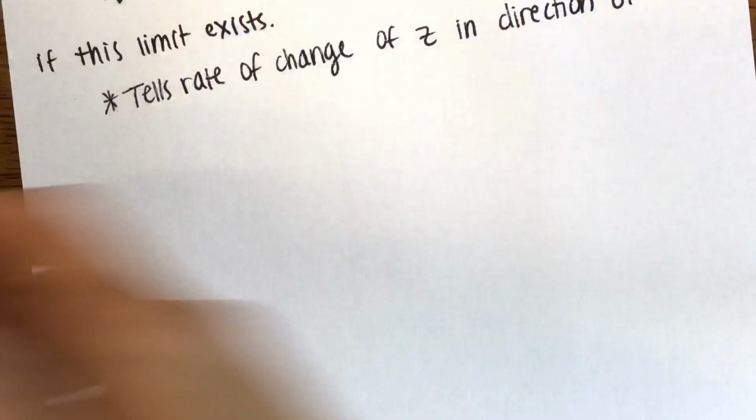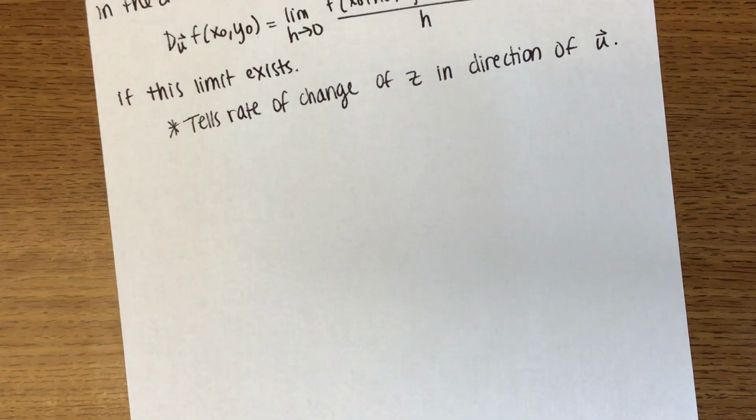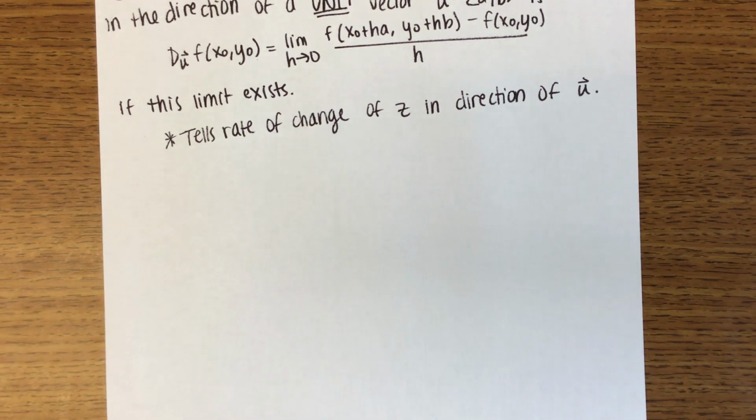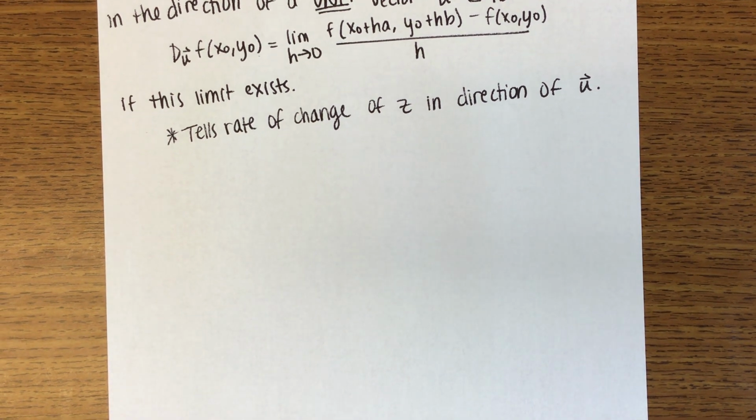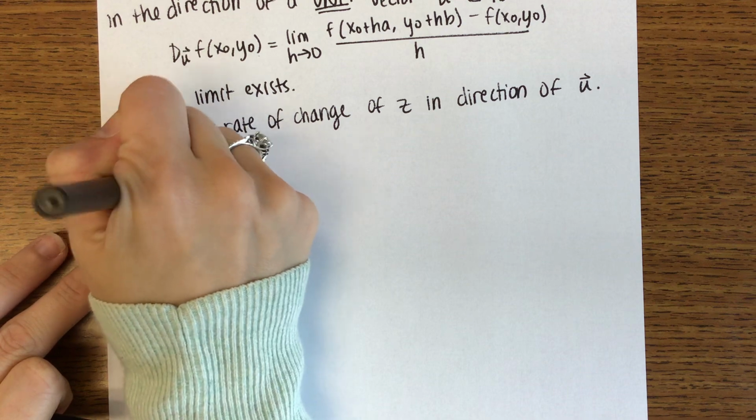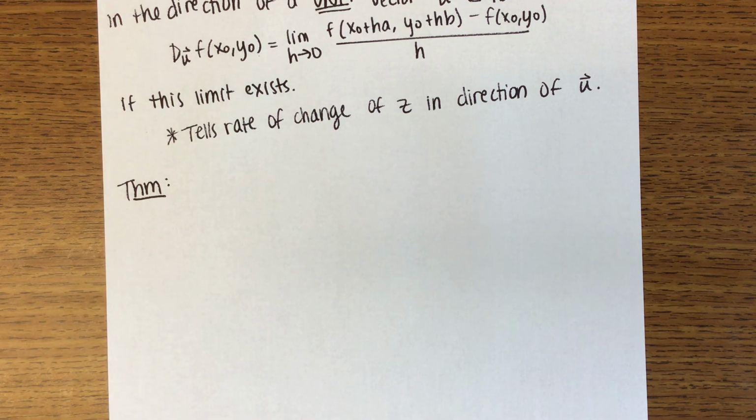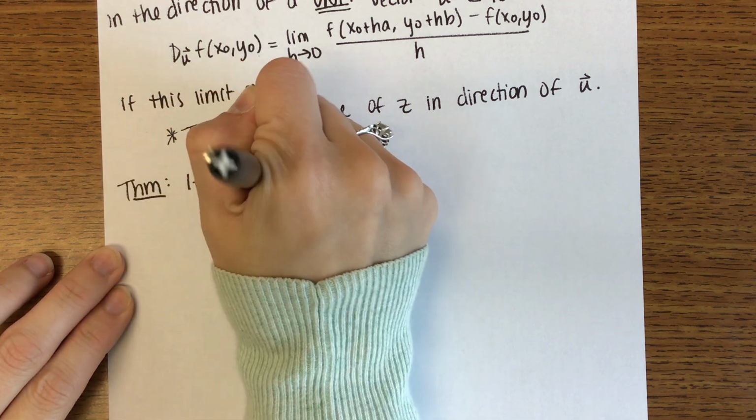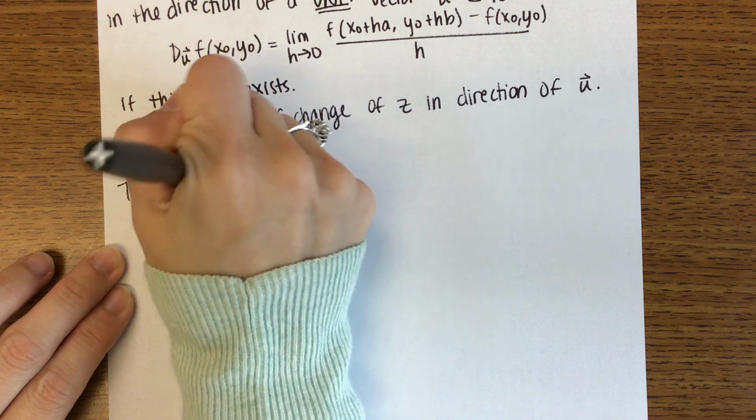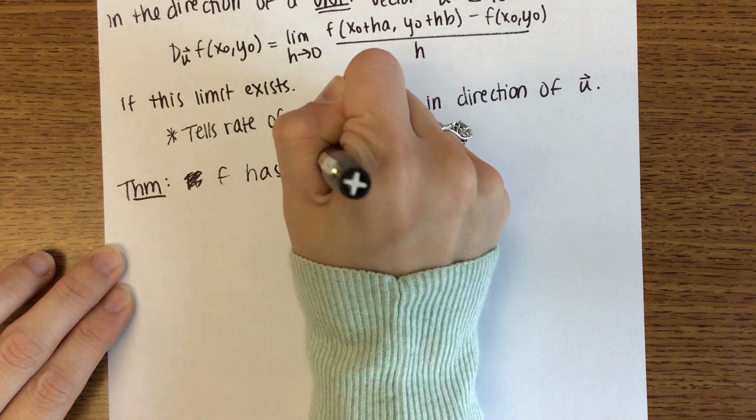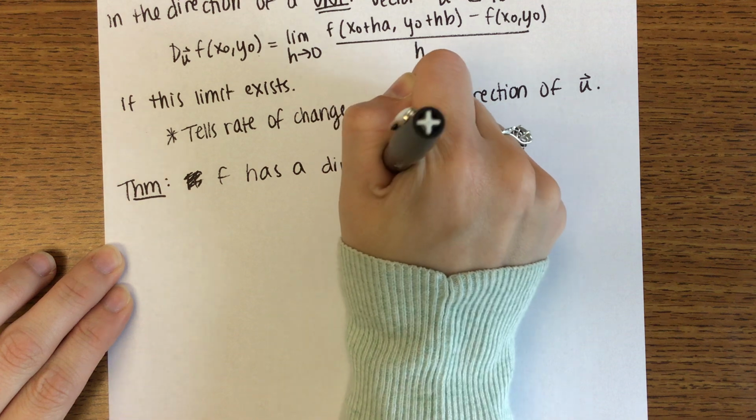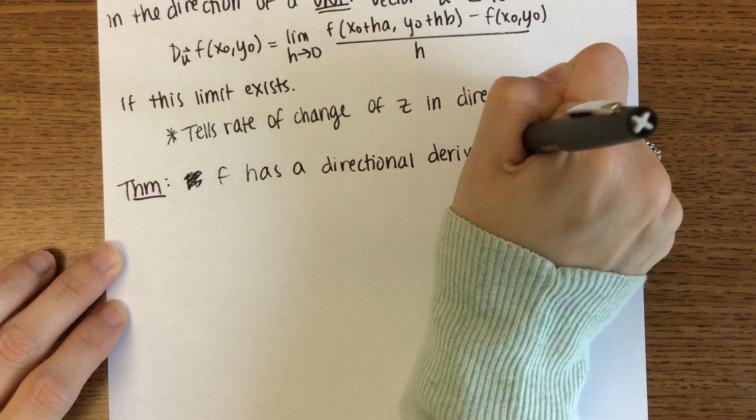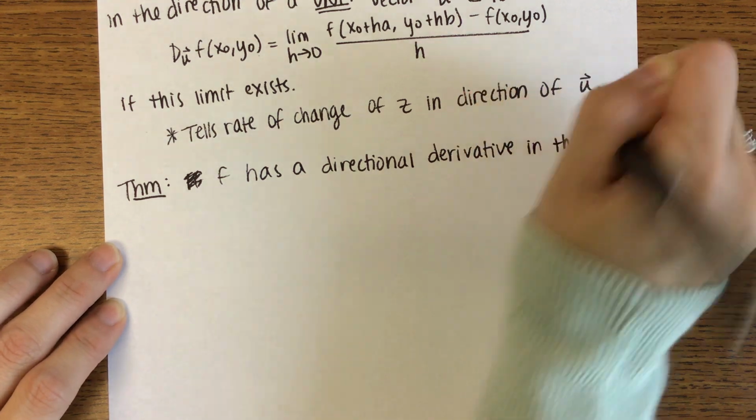Okay. So let's talk then about how we're actually going to be calculating this. So this theorem will tell us how to calculate the directional derivative. If f, not if, f has a directional derivative in the direction of a unit vector,